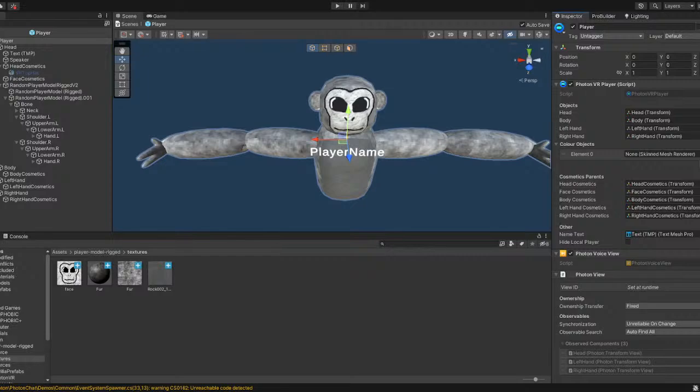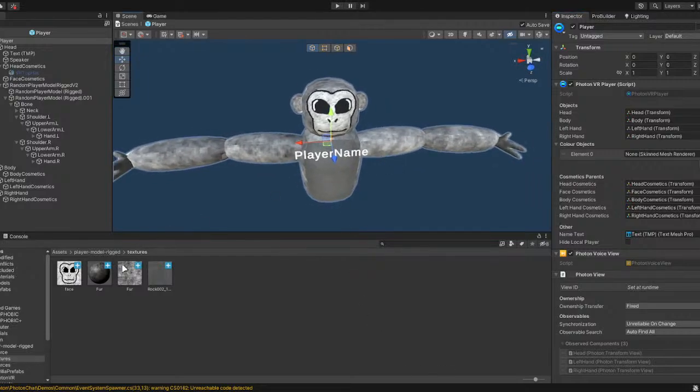of that. Now as you can see, we have the skinned mesh renderer object here. That is the thing that'll be changing color. Now if we try dragging it onto the color objects, it'll drag on. If you have other objects that you want to change the color of,